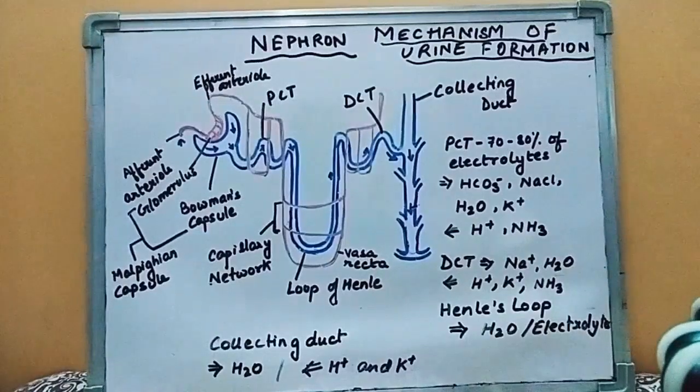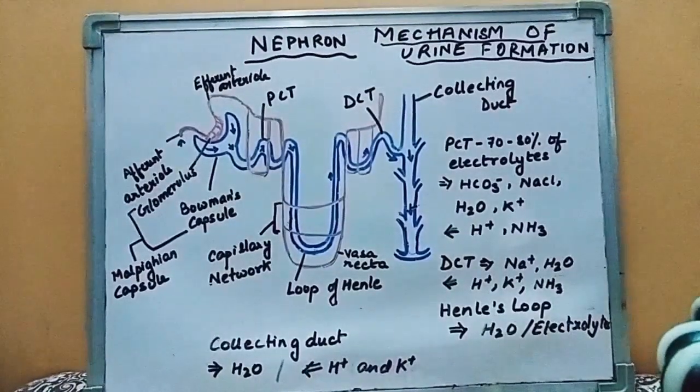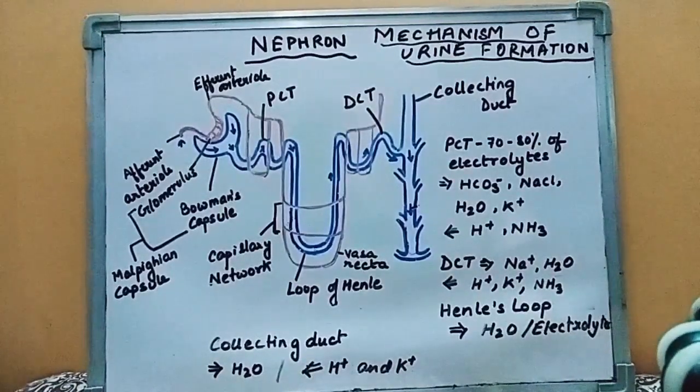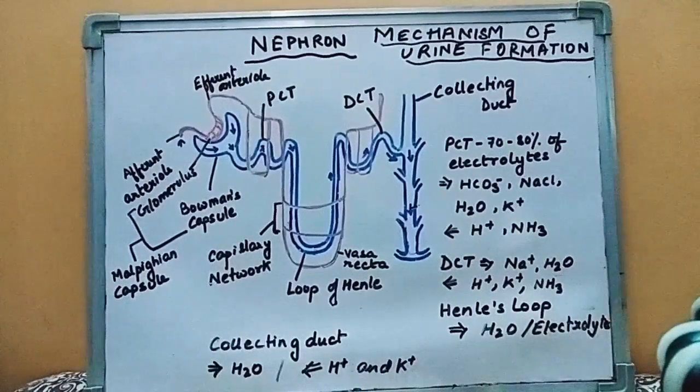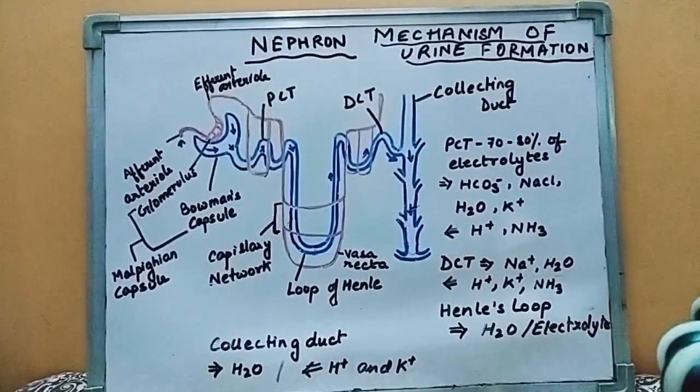Now how much blood is being filtered? Around 1100 to 1200 ml of blood is filtered every minute, but in a whole day it is 180 liters. But what is the average amount of urine output in an adult? It is nearly 1.5 liters to a maximum of 2. So what we understood is that most of the filtrate, that is most of the electrolytes and the water, gets reabsorbed